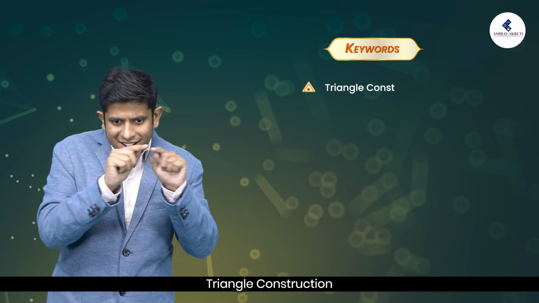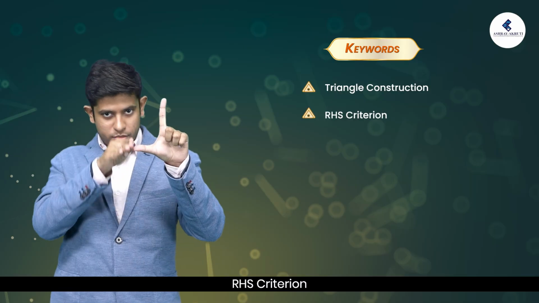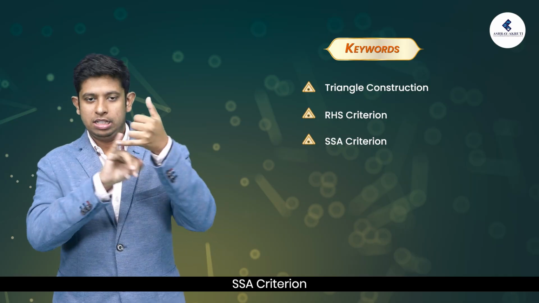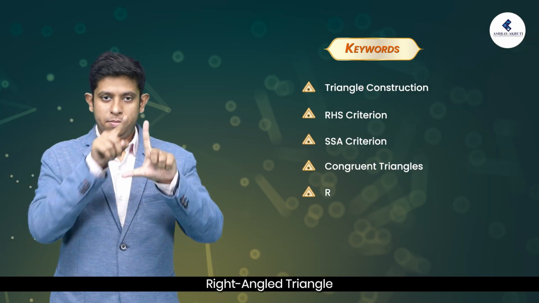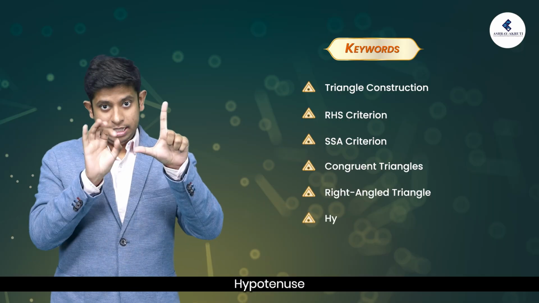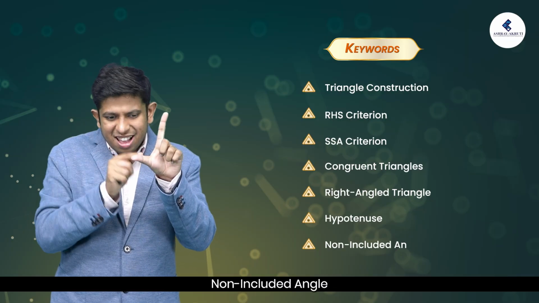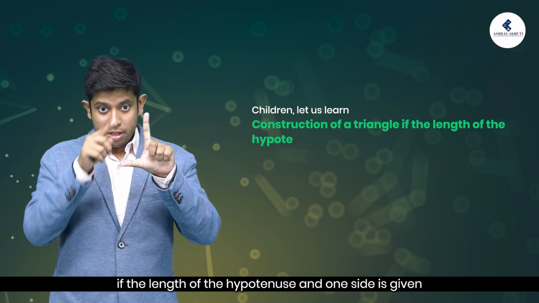Keywords from this lesson are triangle construction, right angle hypotenuse side criterion, side-side angle criterion, congruent triangles, right-angled triangle, hypotenuse, and non-included angle. Children, let us learn construction of a triangle if the length of the hypotenuse and one side